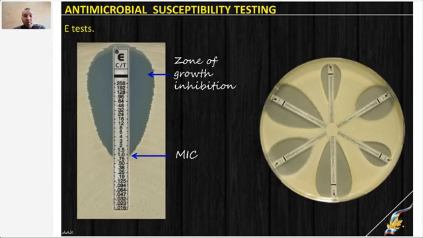And nowadays, broth microdilution test is the gold standard of antimicrobial susceptibility testing. But anyway, some laboratories perform the E-test as a parallel test or for some other purposes. It's faster and easier to perform. So, of course, nowadays you have some other tests, but we will not talk about them because our time is limited.